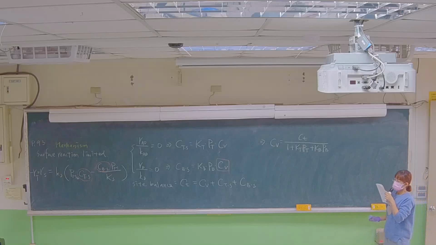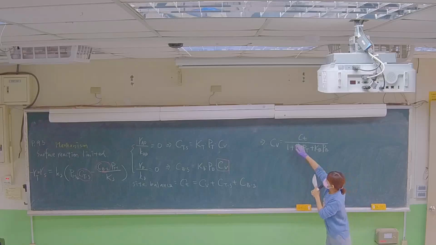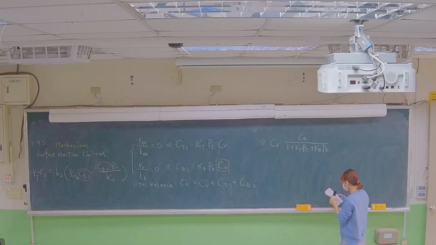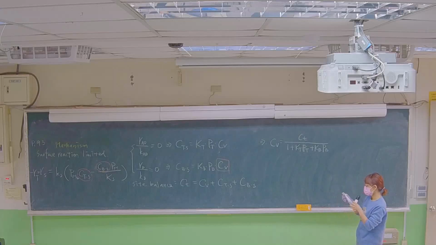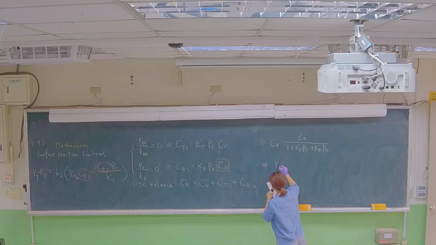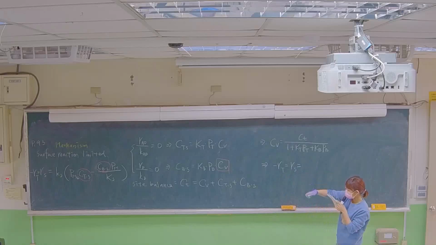That is what I mentioned: the adsorption part will be here, right? Adsorption of T and B will be here. So you got this one. Finally, you bring everything back to minus RT. You just do this by yourself, and you will get